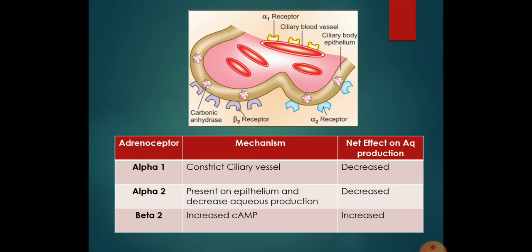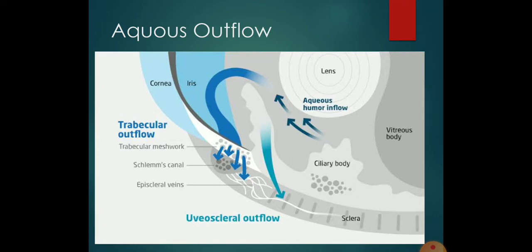So, its management is best left to the specialist, that means the ophthalmologist, who is specially trained or has a postgraduate degree or special training in glaucoma and the eye. So, glaucoma can be classified into different types: the open angle glaucoma, the closed angle glaucoma, congenital glaucoma, and drug induced glaucoma.